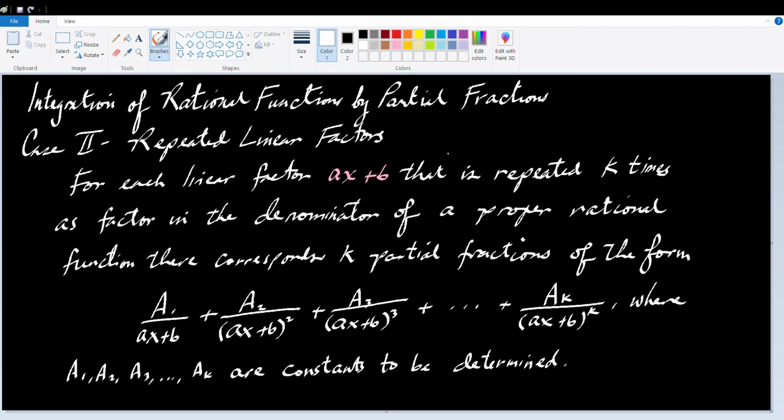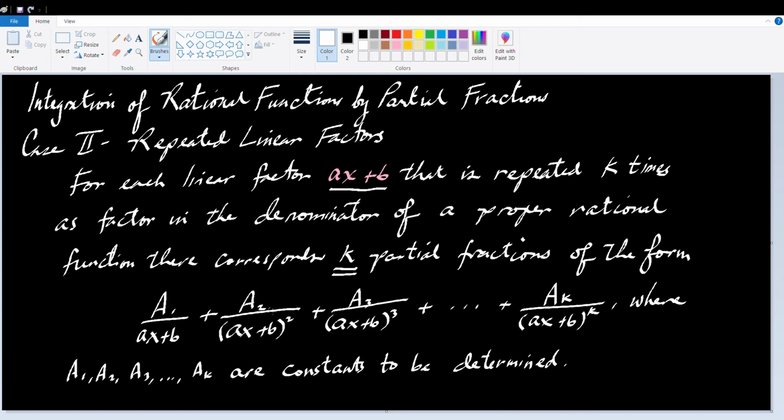We now discuss the second case of integrals involving rational functions solved by partial fractions. The second case is all about linear factors that are repeated. So for each linear factor ax plus b that is repeated k times as a factor in the denominator of a proper rational function, there correspond k partial fractions of the form a sub 1 over ax plus b plus a